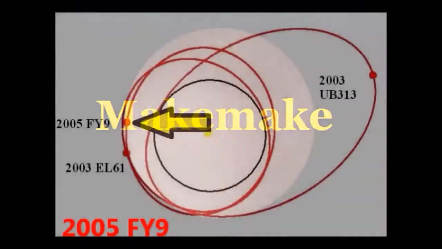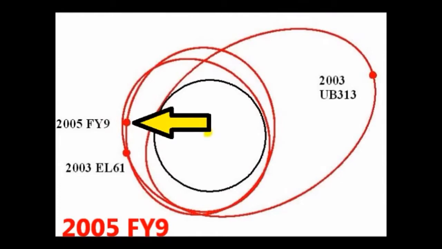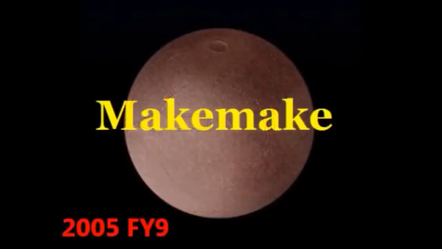It's a rocky, icy planet, very far out, very cold, which poses no threat of any kind to the Earth or the inner solar system. It's so far out, it takes 308 years to complete a single orbit of the Sun. Its orbit is fairly elliptical, which varies between 45.791 astronomical units and 53.74 astronomical units.